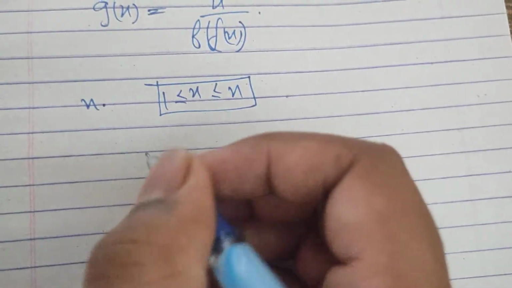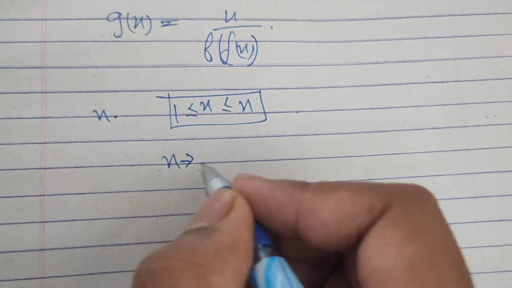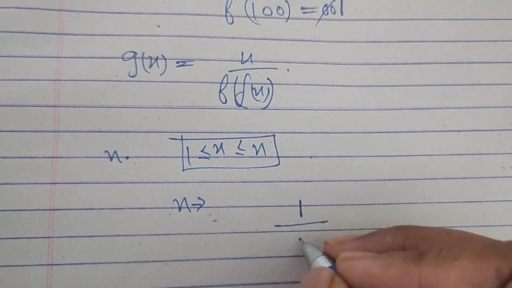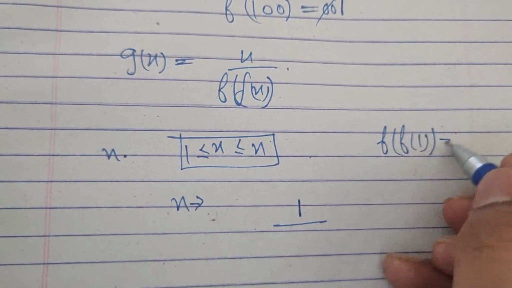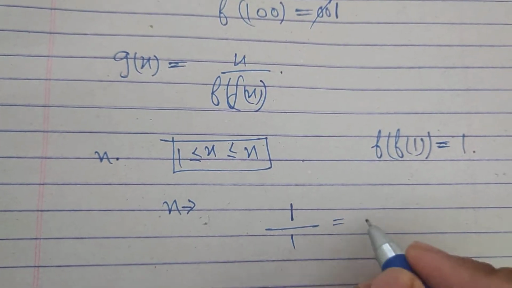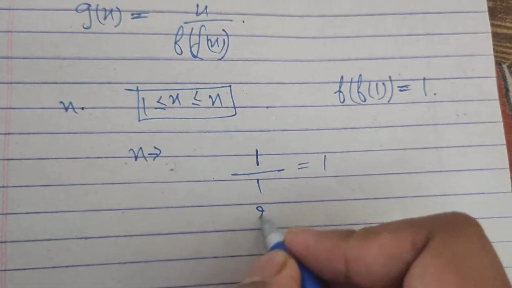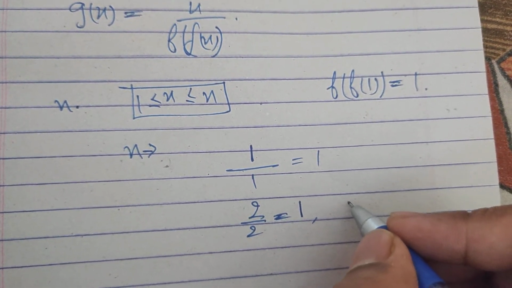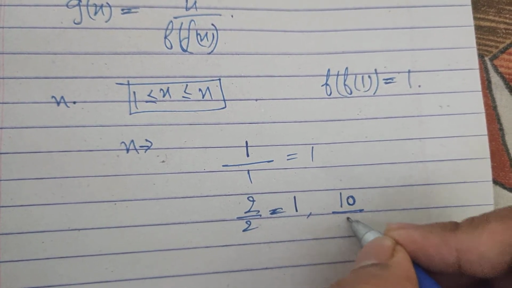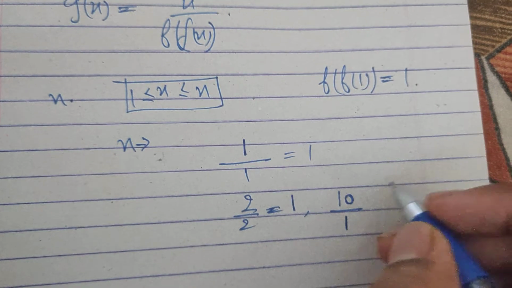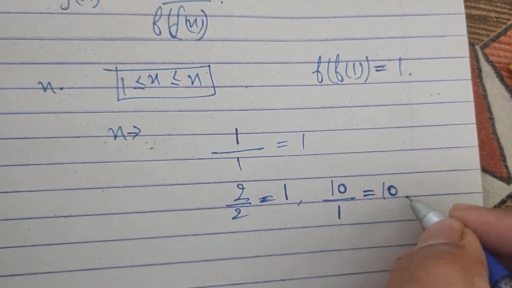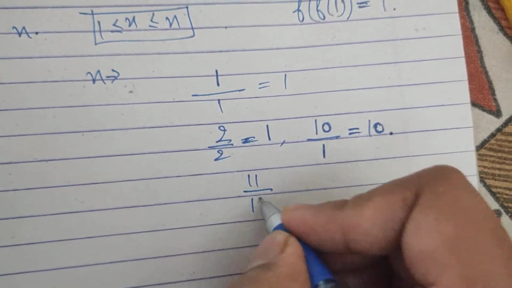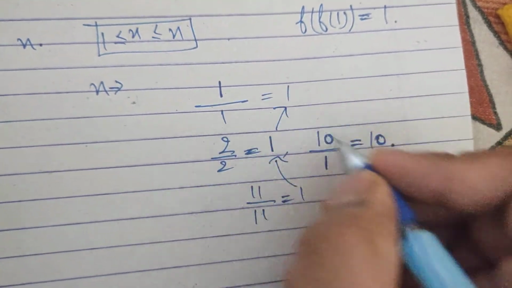So suppose n is some random number. We take the first one, x equal to 1, and f(f(1)) will also be 1. So 1 divided by 1 is 1. When you take x equal to 2, it will be 2 divided by 2, and it will go like that. When x equals 10 comes, f(f(x)) will be 1, the leading zeros will be cancelled. So a different value of g(x) comes at 10. Again for 11, it will be 11 divided by 11, which is 1. It is the same value.